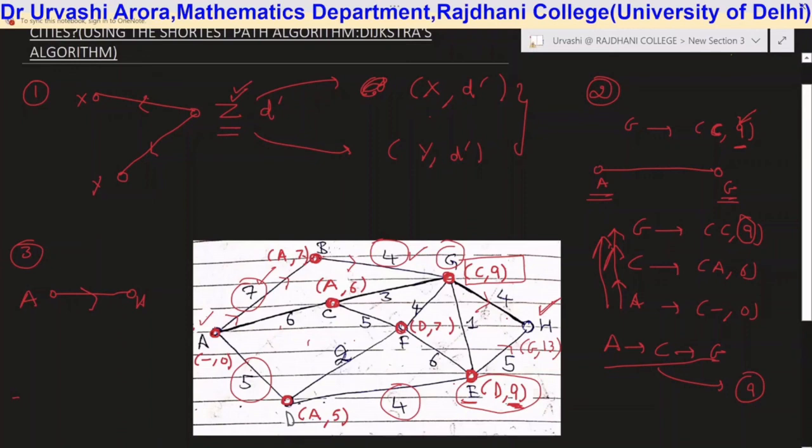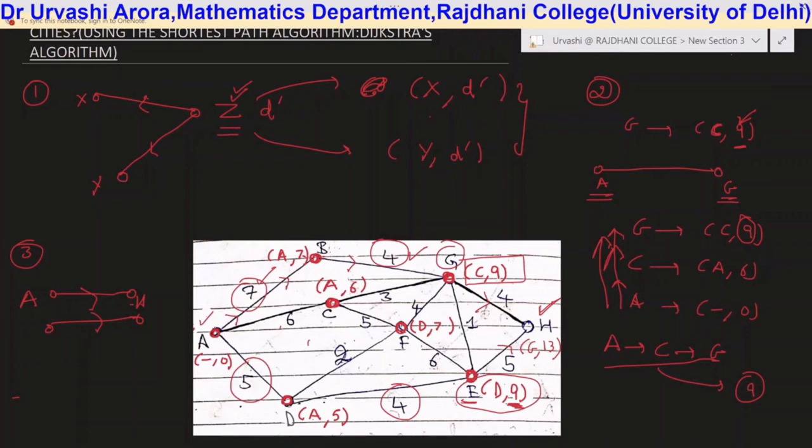These weights can even represent the cost of a ticket via some public transport in moving from one city to another. In that case, the shortest route from A to H will actually represent the cheapest route. Depending upon the context, whether the weights given are distances, or the amount of money involved in traveling from one city to another, or the time spent in traveling from one city to another,